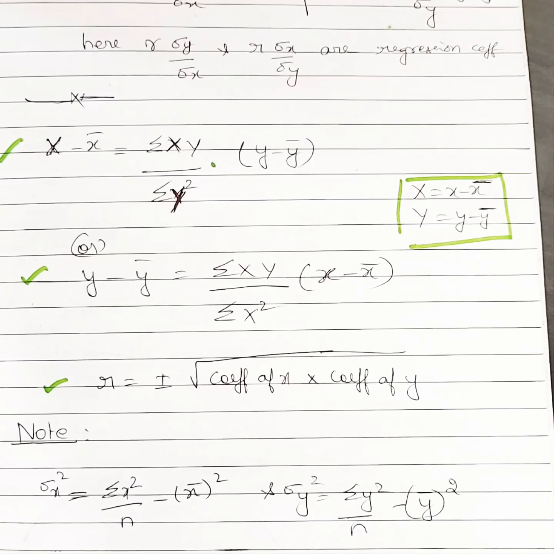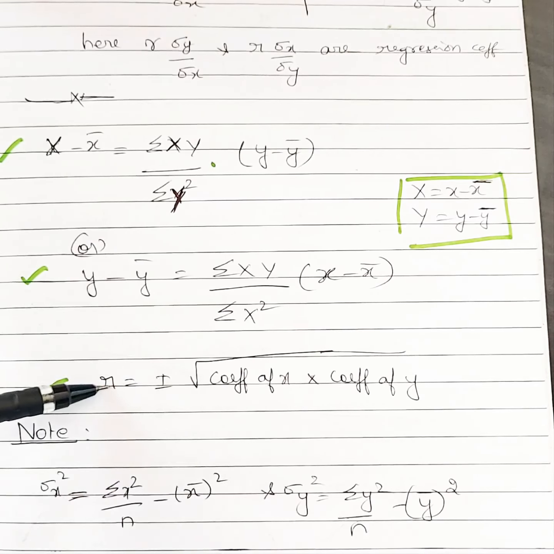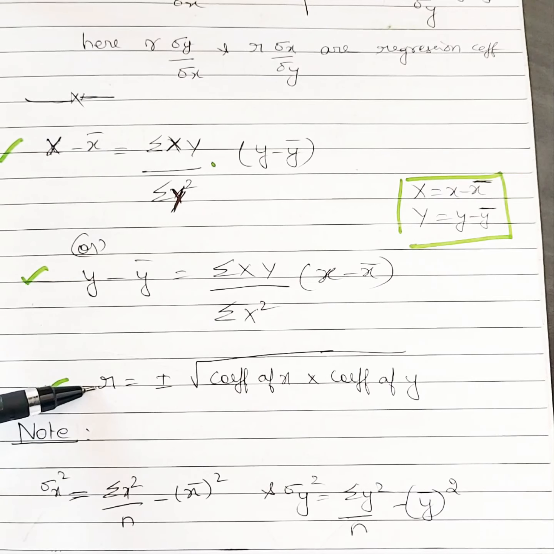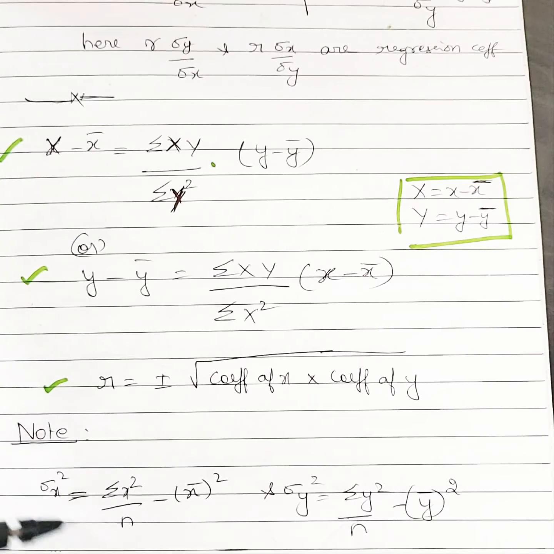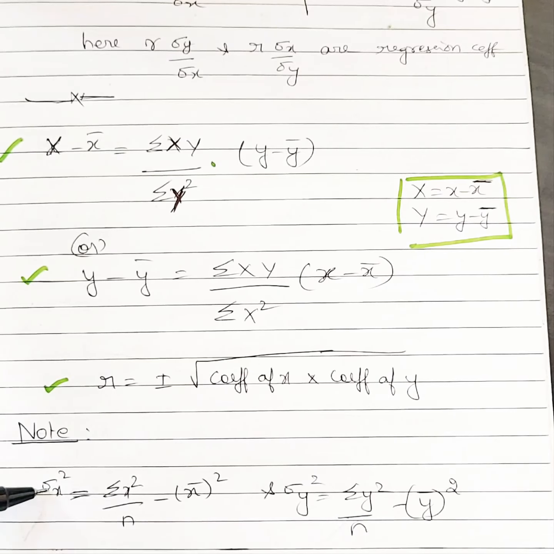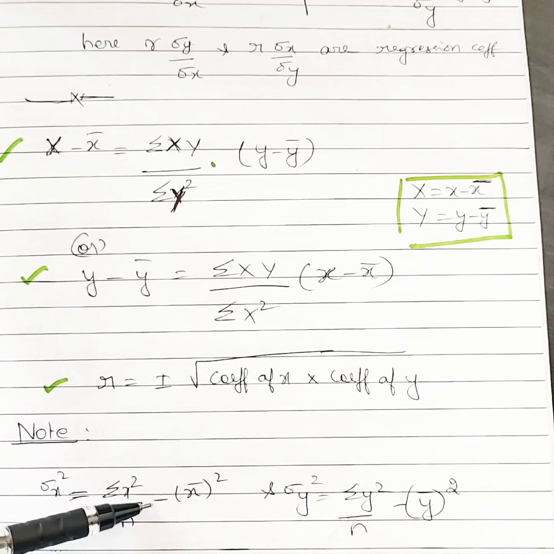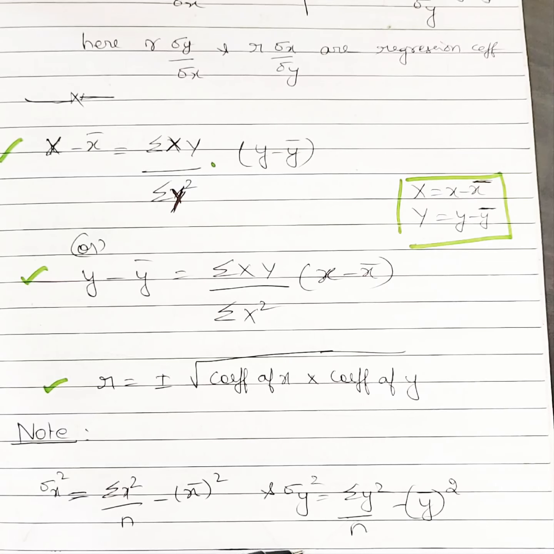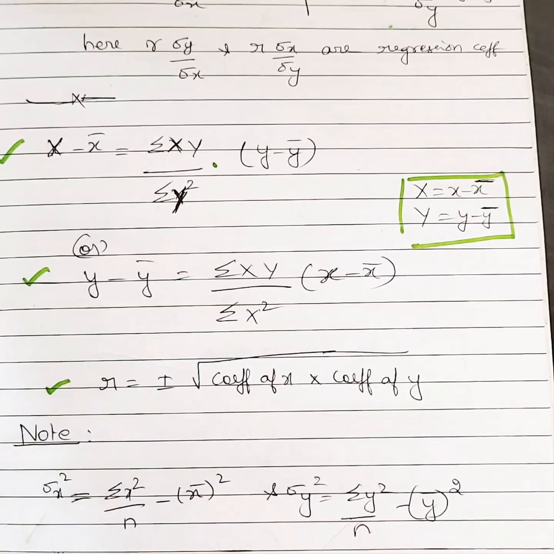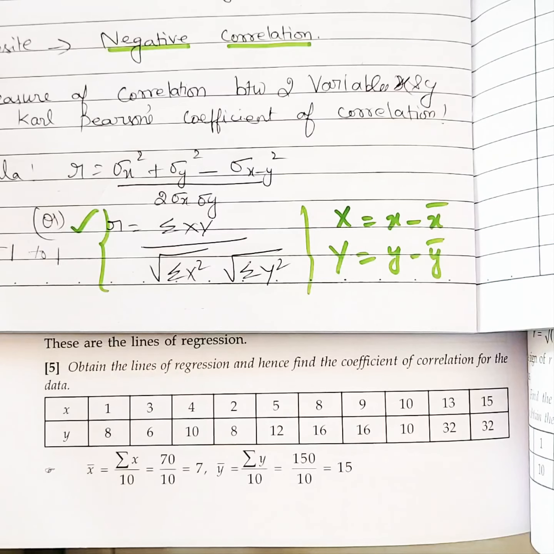So far we have seen the formulas. These two are regression line formulas. So, from the regression line to find R, we will be using it, and another one is to find R. And please note, if you don't know the standard deviation formula, you can go for this option. And I have given the standard deviation formula. So, sigma x square is equal to summation of x square by n minus x bar the whole square. Similarly, sigma y square. But throughout the problem, we are going to use this version only. So, it is optional. If you want to study the standard deviation formula also, you can go for it, you will get the same answer. Now, see this problem.